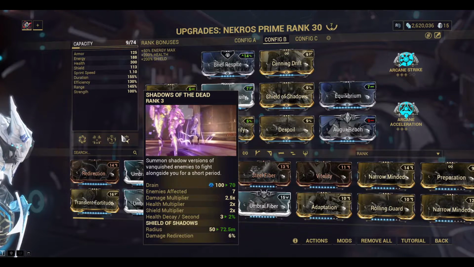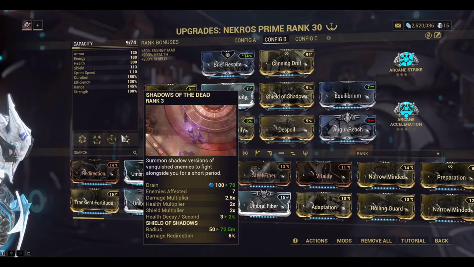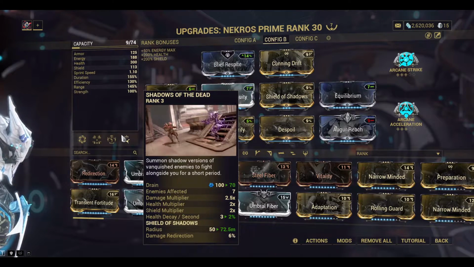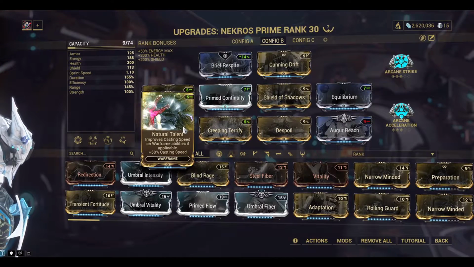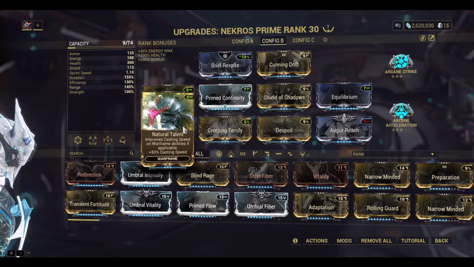You will see how I made my Necros stay on Steelpath for 1 hour. No problem at all in mod survival. So next is Natural Talent. It improves your casting speed, which is a good ability